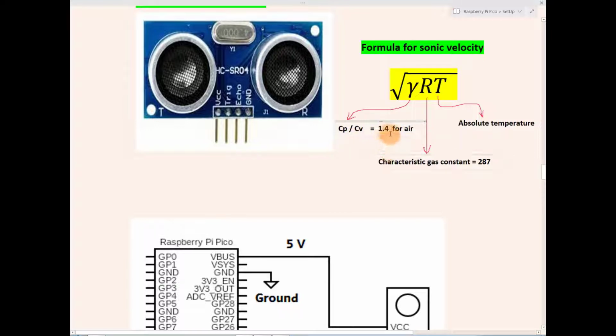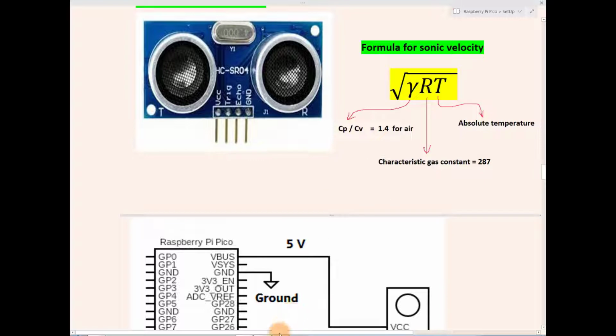For most of the cases we can take it to be 1.4. R is the characteristic gas constant, and for air we can take it as 287 joules per kilogram Kelvin, and T is the absolute temperature, which you will put here by converting the Celsius into Kelvin.